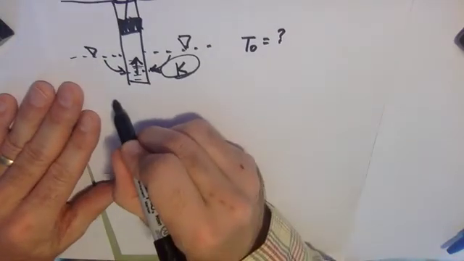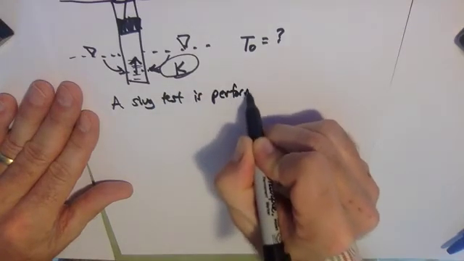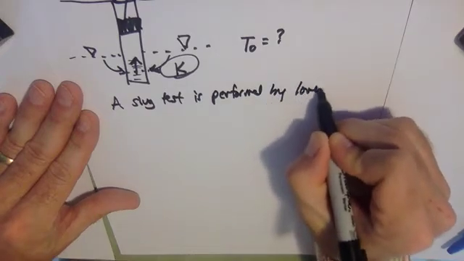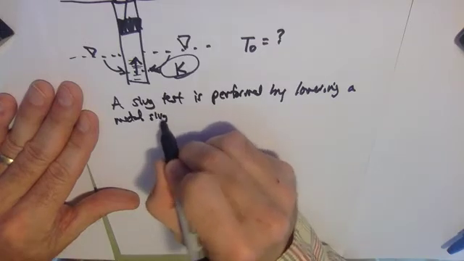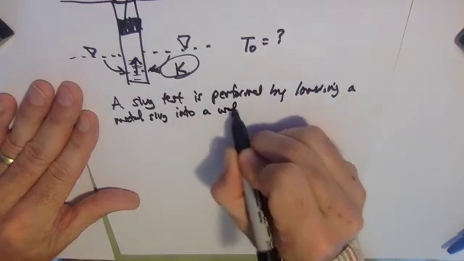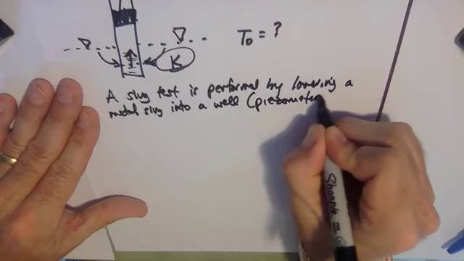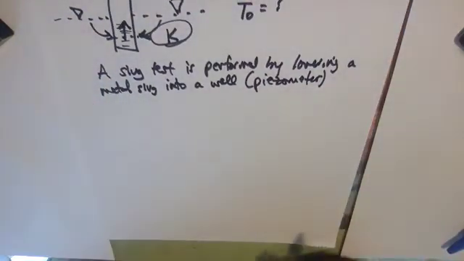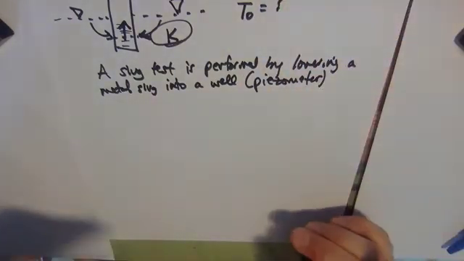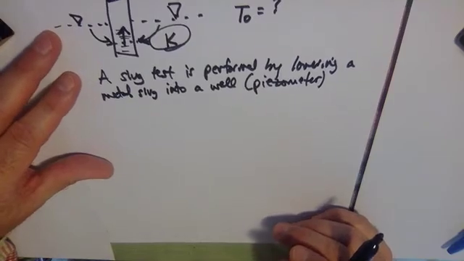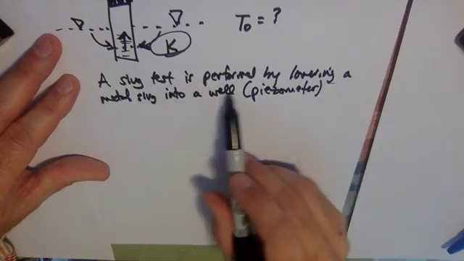So let's say we do a slug test. A slug test is performed by lowering a metal slug into a well. These wells, by the way, are given a special name. They're called piezometers. A piezometer is a monitoring well, meaning it doesn't have a pump connected to it. If you just drill a hole in the ground and stick a pipe down there, that's a piezometer or monitoring well. A slug test is performed by lowering a metal slug into a well, a piezometer,